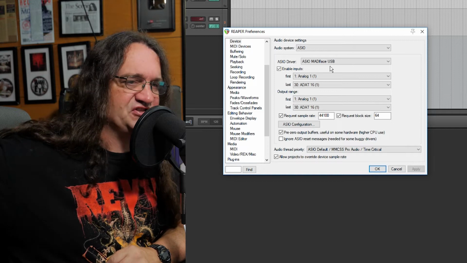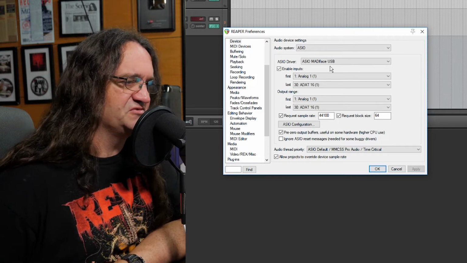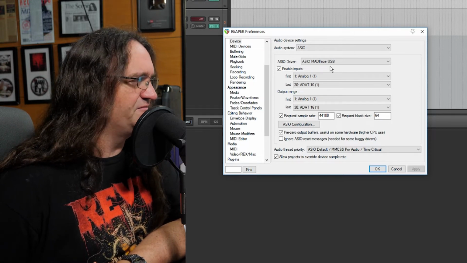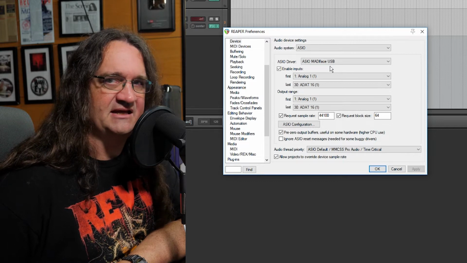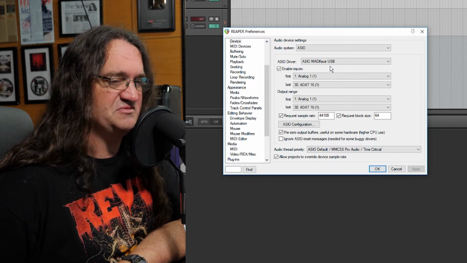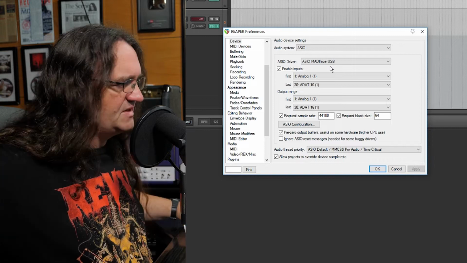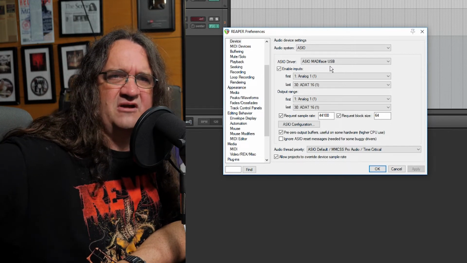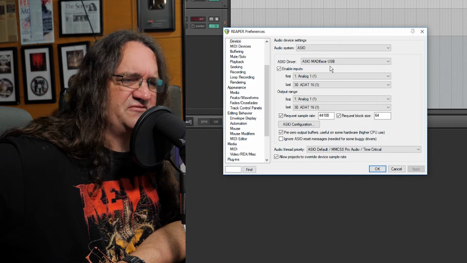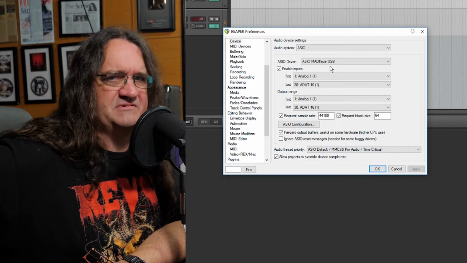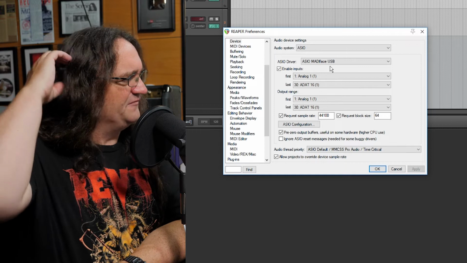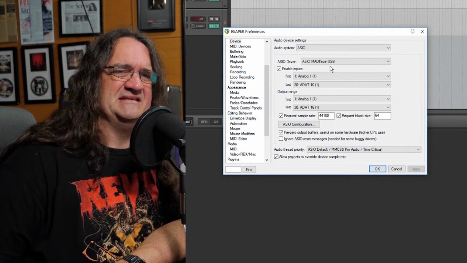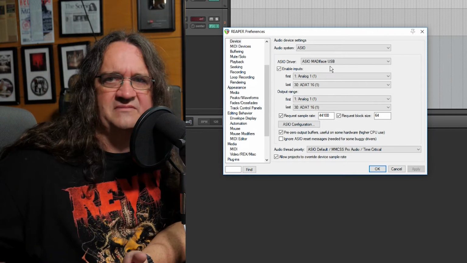And this stands for Audio Stream Input/Output. It's a driver system that was invented by Steinberg. It's been around for a couple decades now, and it works great, and it seems to be the default standard. Back in my SAW Studio days, I was in some of the early Sonar software, I was using WDM. But when I switched over to SAW, I went with ASIO, and I seem to be really happy with that. Reaper, I've never really been able to seem to get WDM working correctly. Maybe I'm doing something wrong.